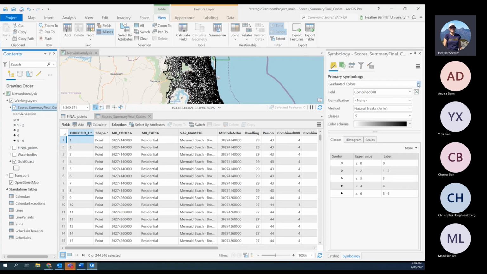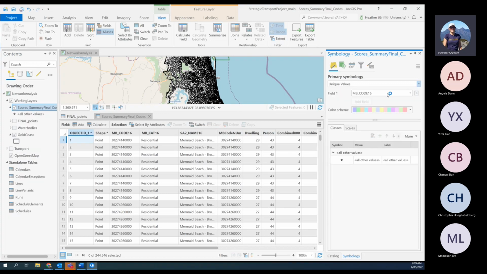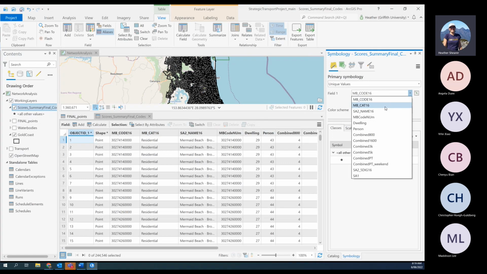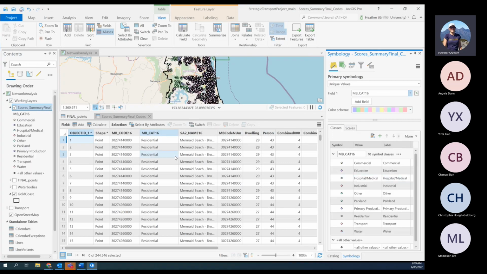If I decided to symbolize the data type of, say, MB category, not the code, let's just pop the category, you can see it's got a range of different categories: commercial, education, other, and so on. These are point data, but this is actually derived from what's called the centroid of a polygon data set. I also introduced the different types of vector data, being points, which are one-dimensional, lines, which are two-dimensional, and